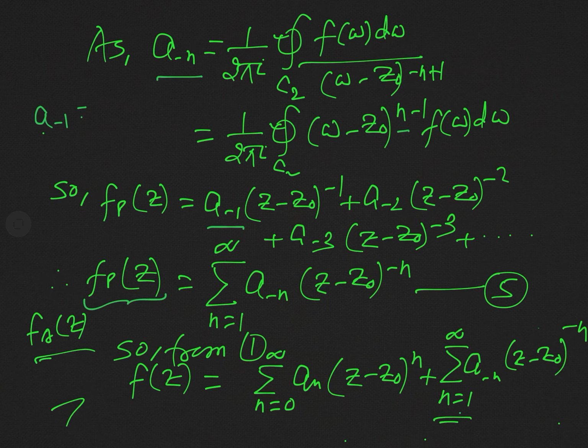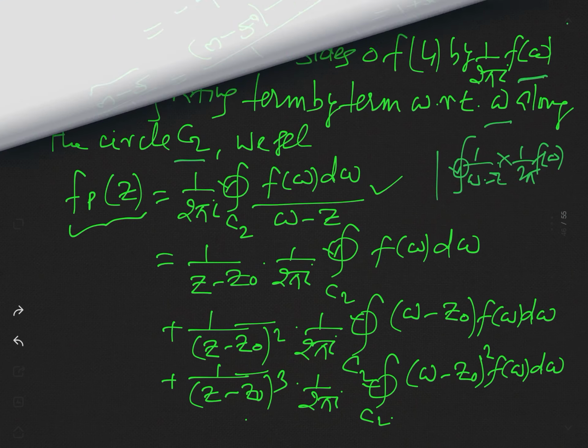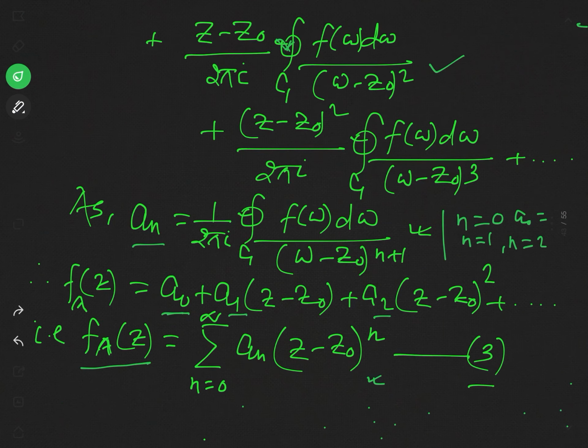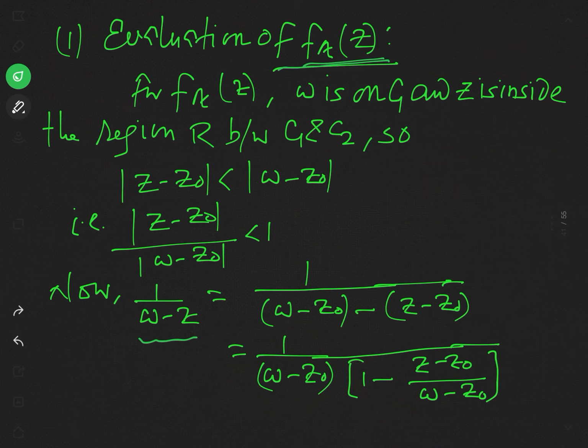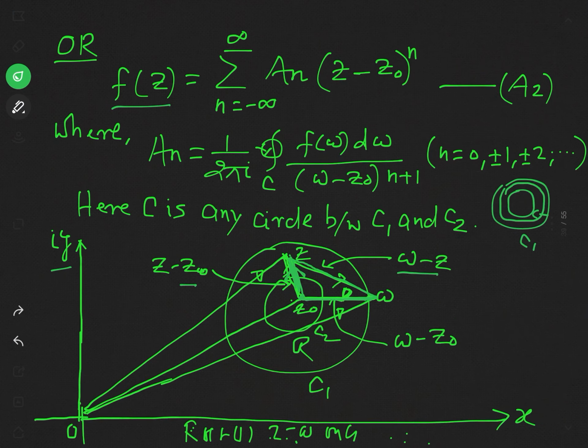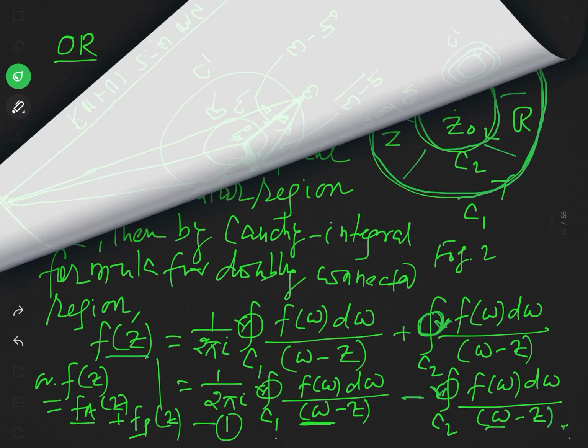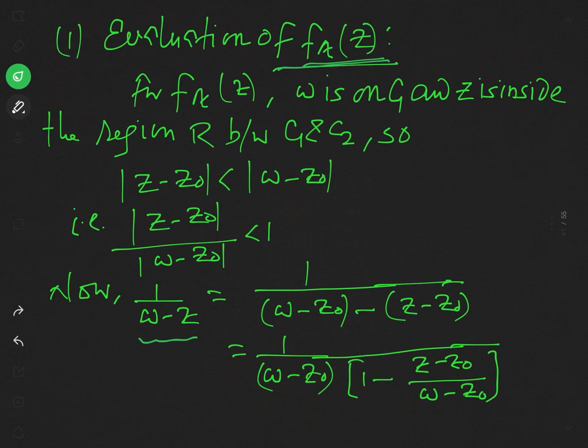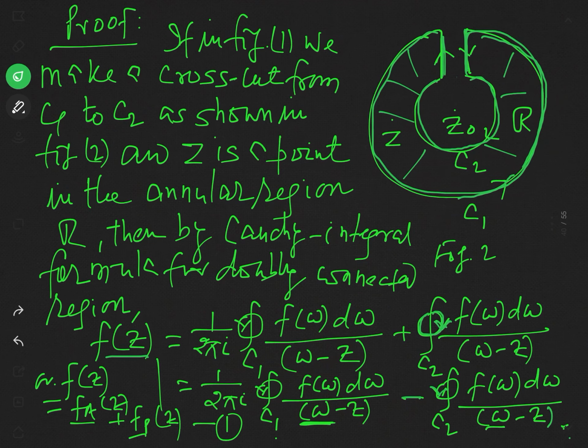And so we have just evaluated both of the integrals, which were actually in the equation in the beginning. See here, that equation was here, this is actually equation 1. In fact, I have assumed this integral as fa of z and this integral as fp of z, and we have just now evaluated these two integrals.